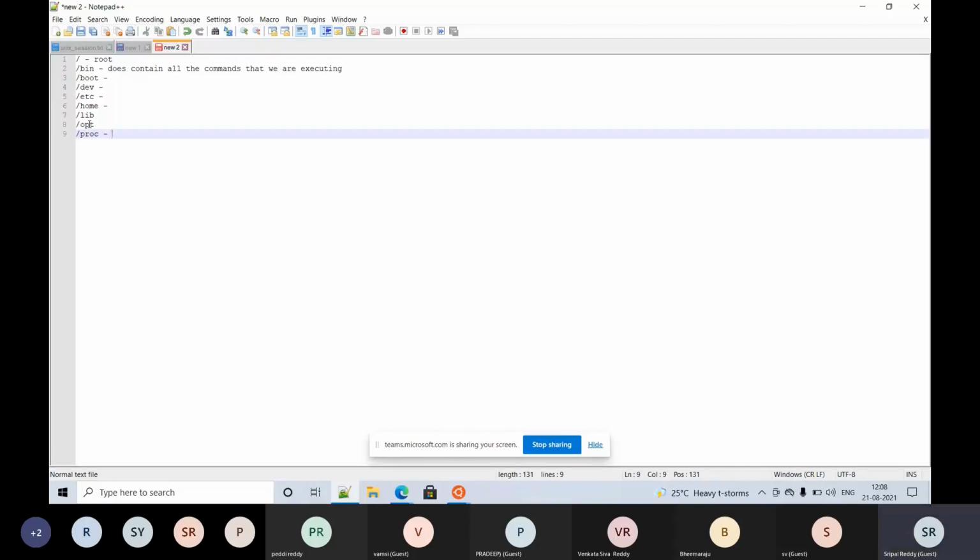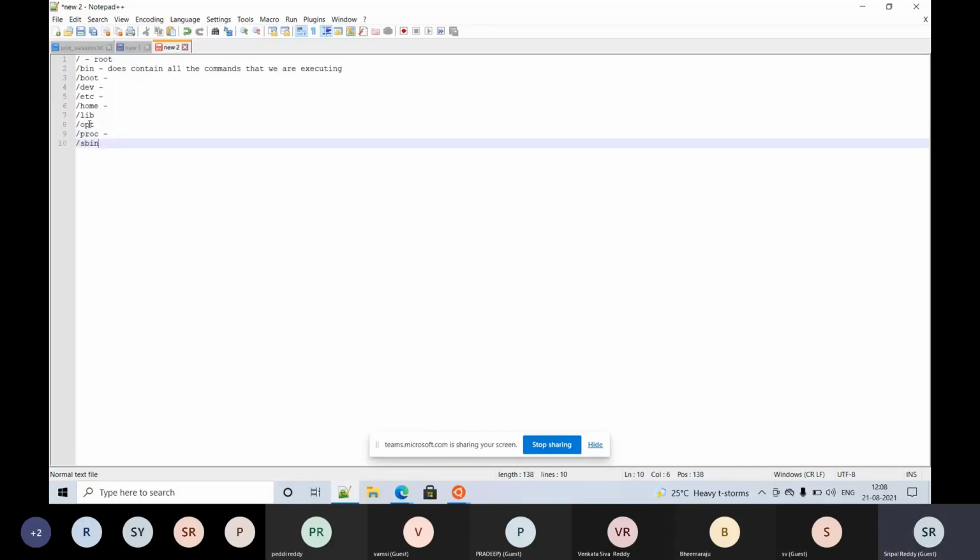Okay, and the next one I have is sbin, which is a little important one. This contains certain commands that are being used by our administrators. Okay, be it the network configuration or server administration or user administration, such commands will be stored under the sbin directory. Okay, so these are pretty much what I have. If I come across anything, I'll be able to show you that on the go.